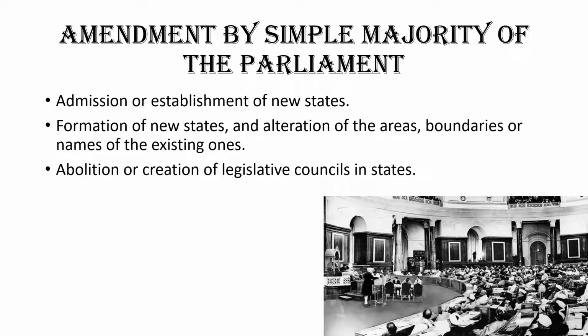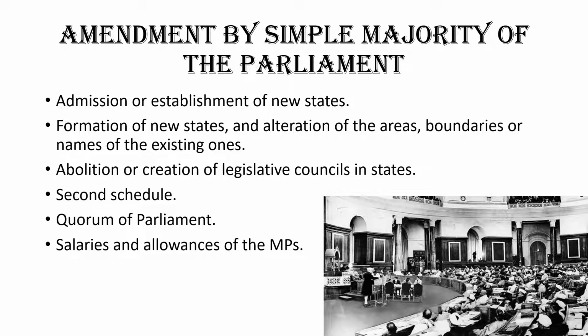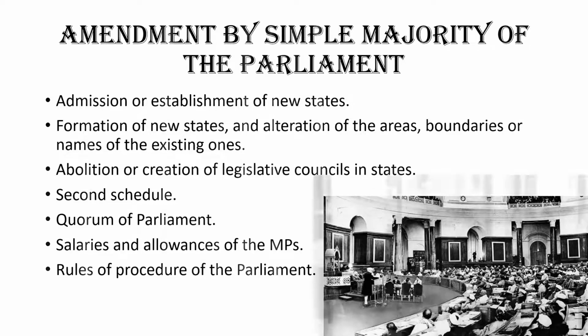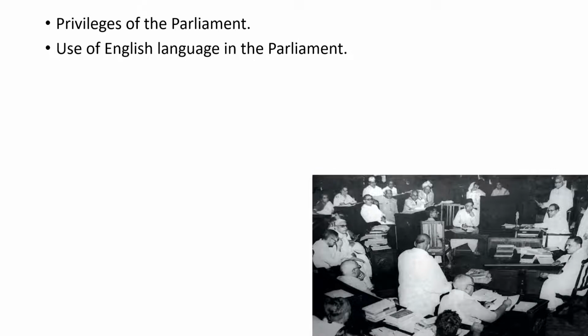abolition or creation of legislative councils in the states, the second schedule, that is, which contains the emoluments, allowances, privileges and so on of the Honorable President of India, the governors, the speakers, judges, etc., the quorum in the parliament, the salaries of the members of the parliament, the rules of procedures in the parliament, the privileges of the parliament, its members and its committees, use of English language in the parliament, number of judges